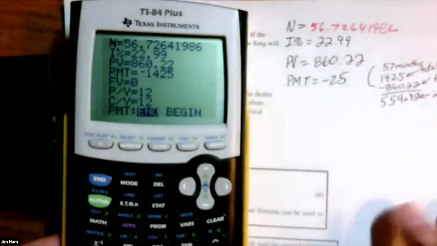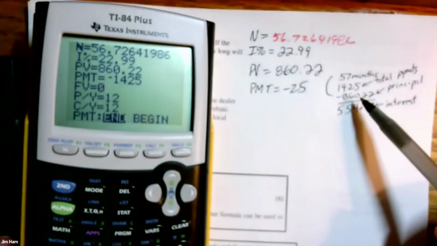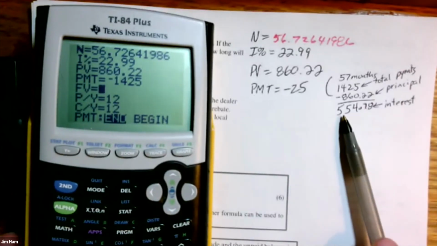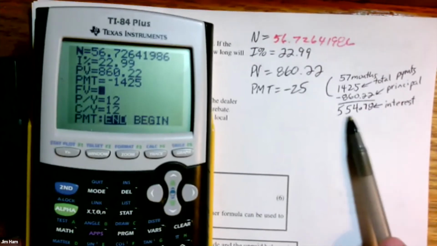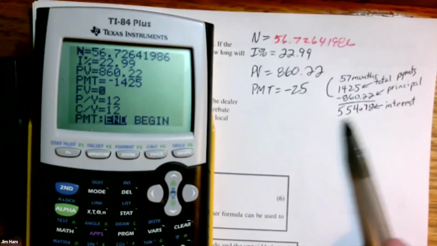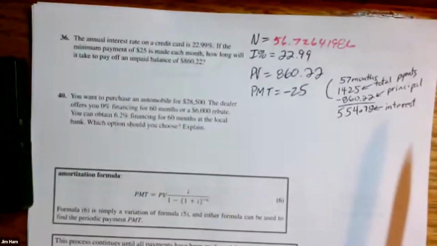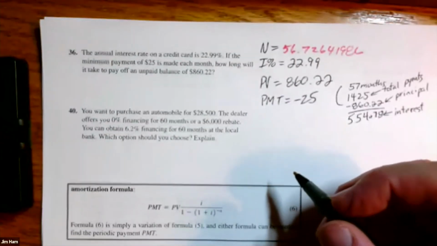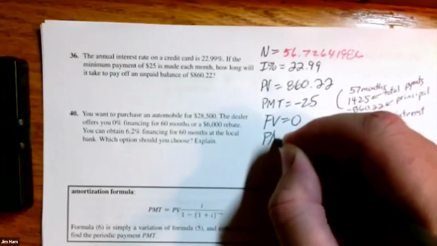So this is a very, very sad situation, because you only owed 860, but because you couldn't pay it off and you chose to make the minimum payment on your credit card over that 4.5 years, you will eventually pay it off, but this is how much interest you'll pay. Almost 60% of what the original amount was. Avoid loans if you can. And if you must take out a loan, make it as small as possible. Okay,